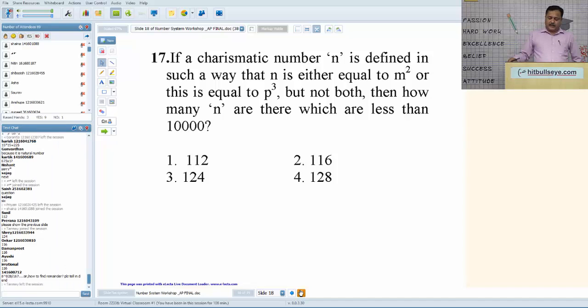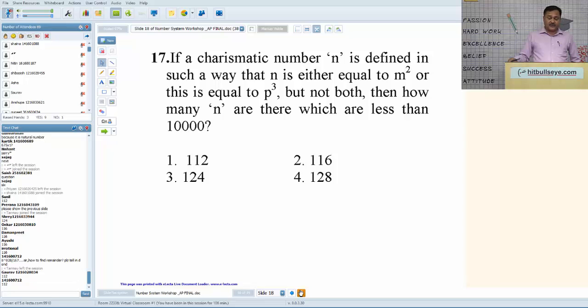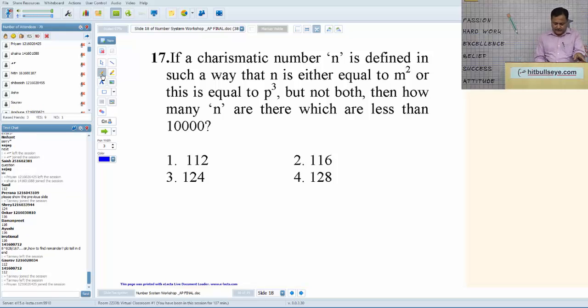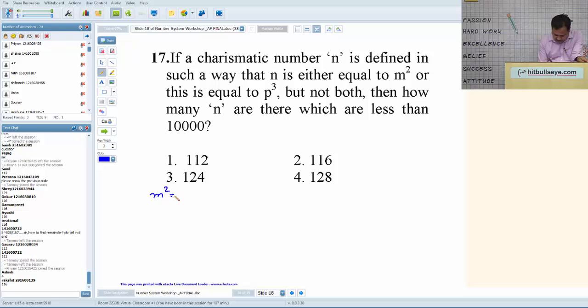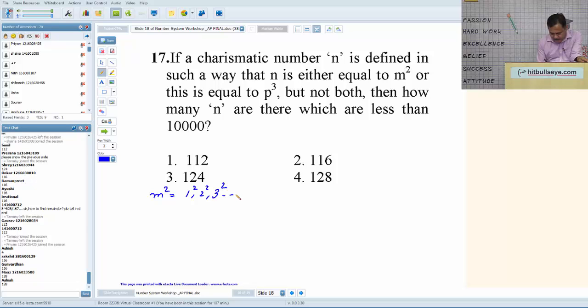Number should be in the form of m square, but it cannot be m raised to power 6 because number should not be a perfect square as well as a perfect cube. So number should not be in the form of m raised to power 6. Number can be a p cube, but it cannot be in the form of p raised to power 6. So let us try how many squares are there till 10,000. So till 10,000, m square can be 1 square, 2 square, 3 square till 99 square. So 99 numbers,